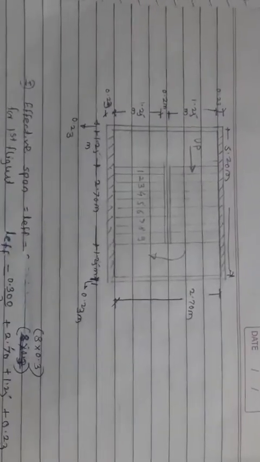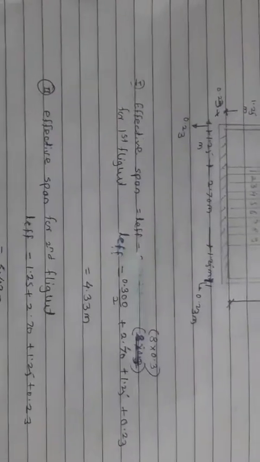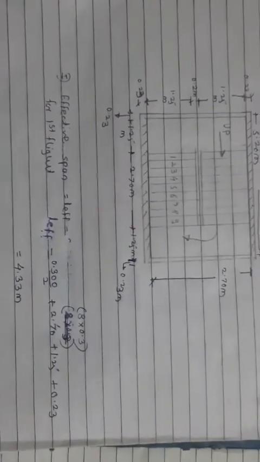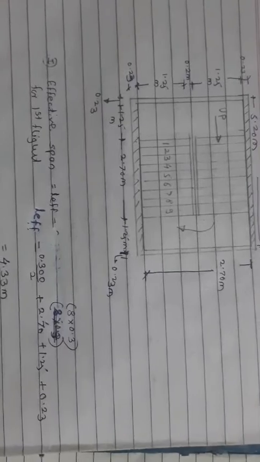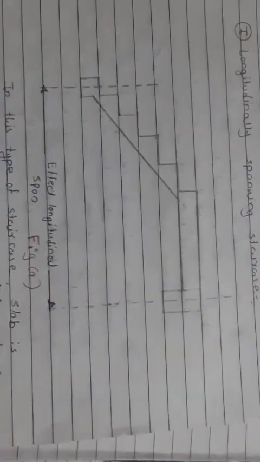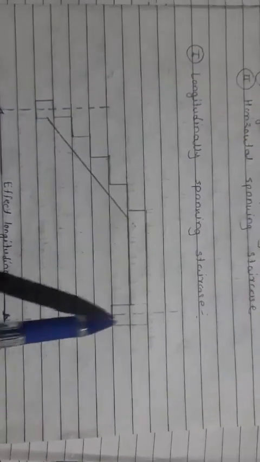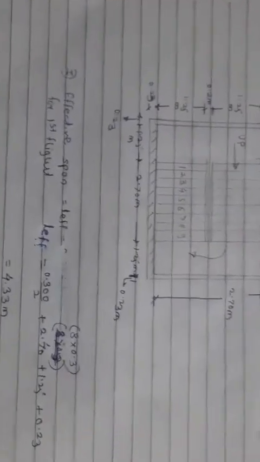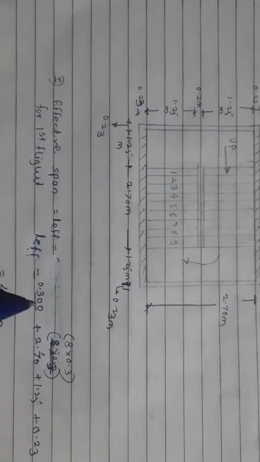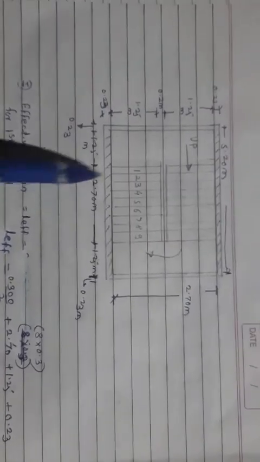Now we have to go for the RCC design of the staircase. First we have to calculate the effective span. We have to calculate the effective span for the first flight as well as the second flight, because the effective spans for both flights are different. In case of the first flight, the center to center distance between these two treads gives the effective span. So in that case this effective span is equal to 0.3, that is tread, divided by 2, that is half of this tread,